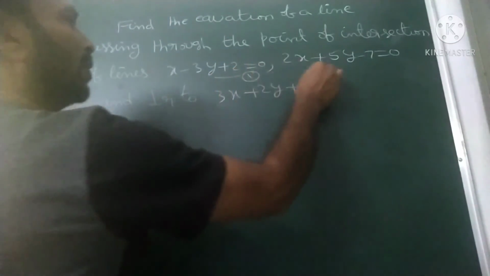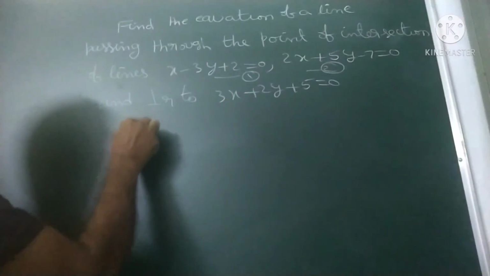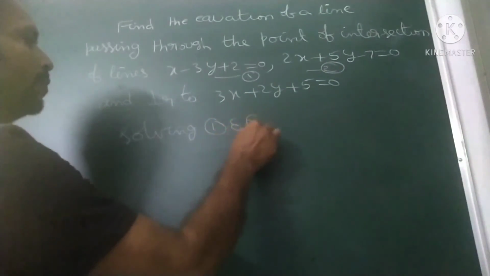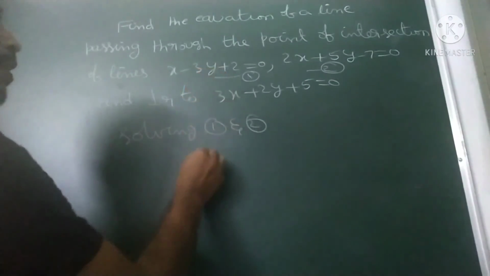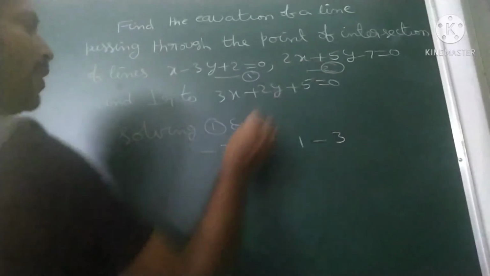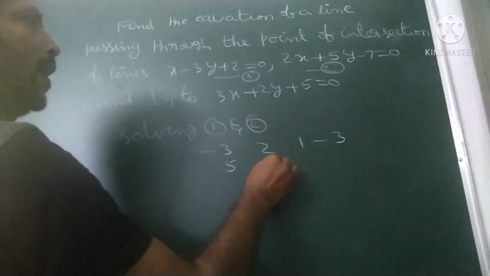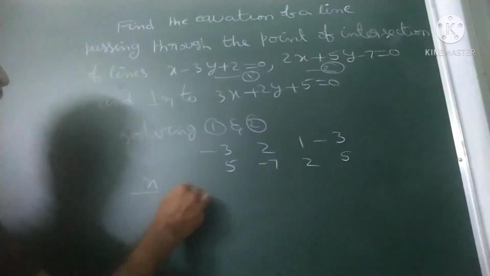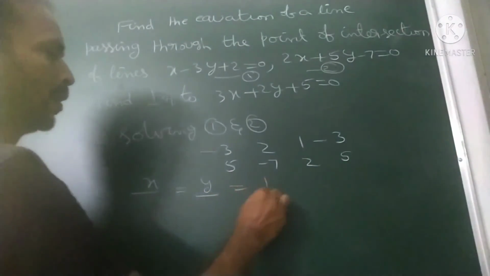Now this is 1, this is 2. Solving 1 and 2: minus 3, 2, 1, minus 3. Here 5, minus 7, 2, 5. So x by y by 1 by